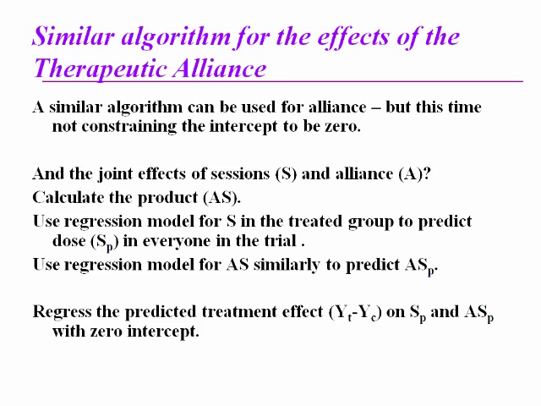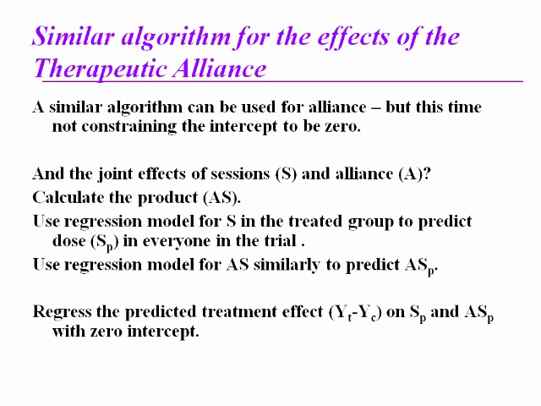We could have a similar algorithm for the effects of the Therapeutic Alliance. So basically, if we had just two levels of Therapeutic Alliance, good and bad, we could say what predicts good alliance in the treatment group, and then predict those people in the control group. So you finish up with latent classes, good and bad, available in each group, and then what you want to know is what's the effect of randomization in each of those groups.